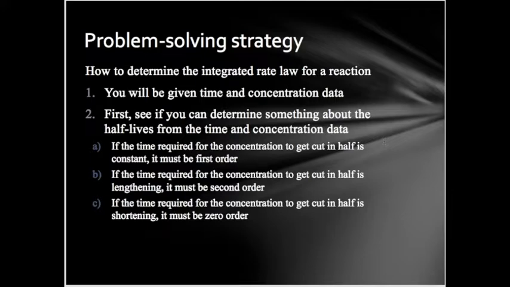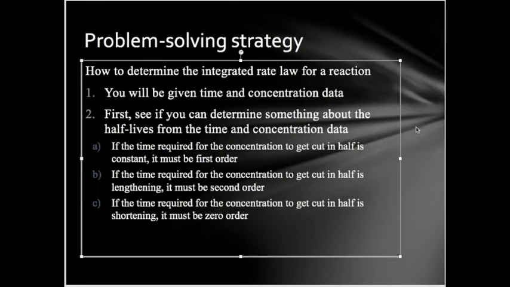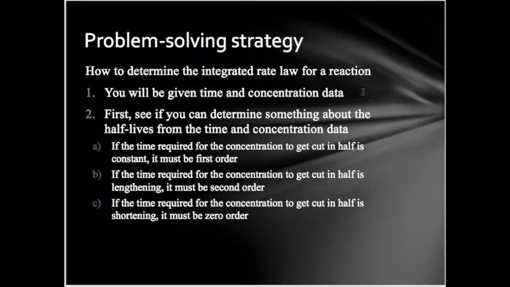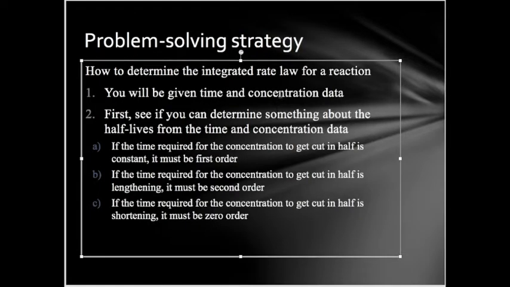So we want to know what the integrated rate law for a reaction is. So we're given a reaction. We're always going to be given time and concentration data, and we want to write the integrated rate law. So what we can do is first see if the half-lives give us any information. See if from the time and concentration data we can pick out the half-lives. How much time does it take for the reactant to get cut in half and then get cut in half